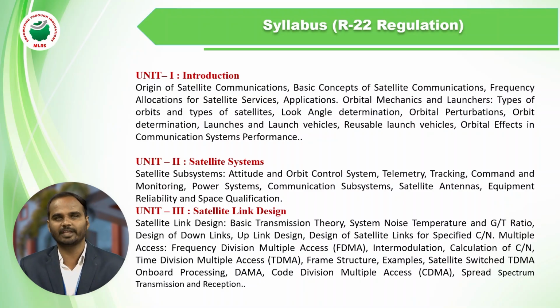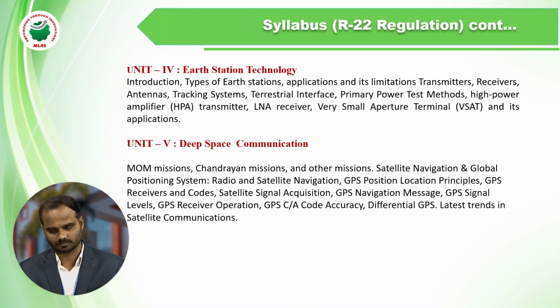We are going to study this in unit 3, that is satellite link design. And in the fourth unit, Earth station technology. What technology do we have in the Earth stations? First of all, we have two stations, that is the Earth station and the space station, where the Earth station is also called the ground station. In this introduction: types of Earth stations, applications and limitations, transmitters, receivers, antennas, tracking systems,